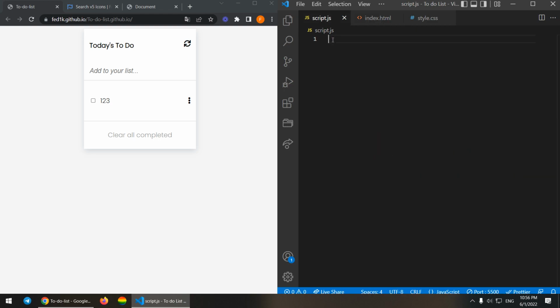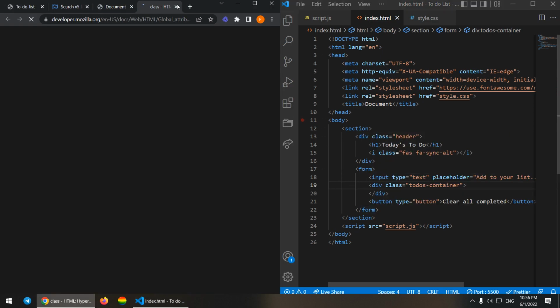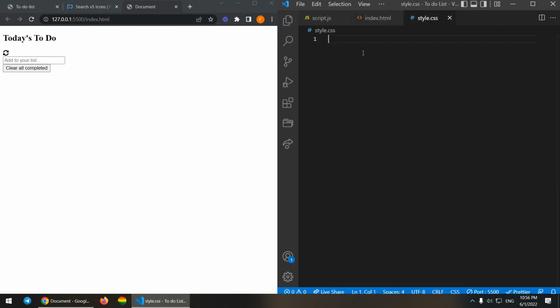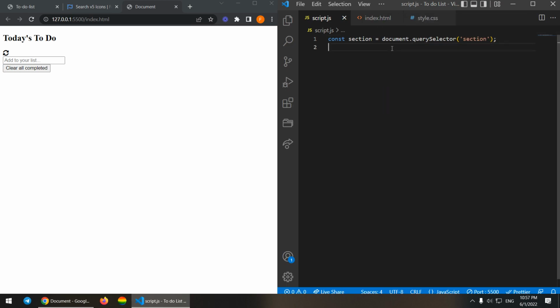JavaScript, and the first thing we have to do is get a reference to all the elements that we interact with, which is this input field, and this divider, and this button. The first thing, let's take the section as well. Let me get a reference to the section as well, so that at some point we might need it. For the selector, I'm going to go for just section, since we only have one section in the